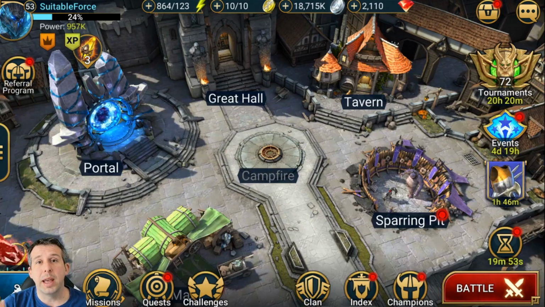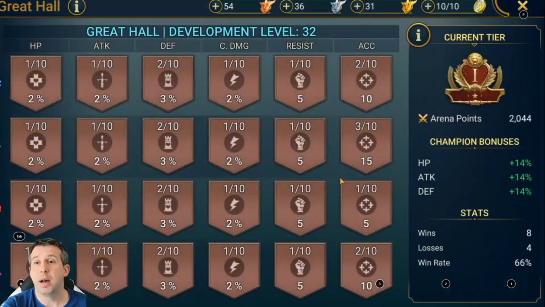So we have got here Suitable Force. Basically he wants me to come in and move his brutal team into a Nightmare Clan Boss setup. He wants me to help him with the arena and then perhaps a bit with Spider if we've got time as well. In terms of his setup so far,